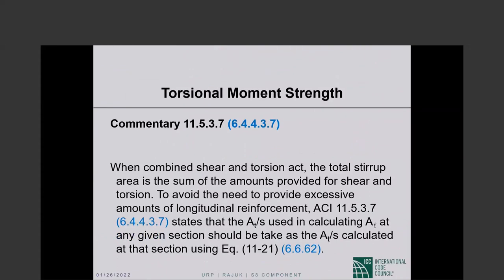Okay. When combined shear and torsion act, which is typically the case, the total stirrup area, they're calling it stirrup, but it is closed transverse reinforcement, is the sum of the amounts provided for shear and torsion. To avoid the need to provide excessive amounts of longitudinal reinforcement, ACI states that the A sub T over S used in calculating A sub L at any given section should be